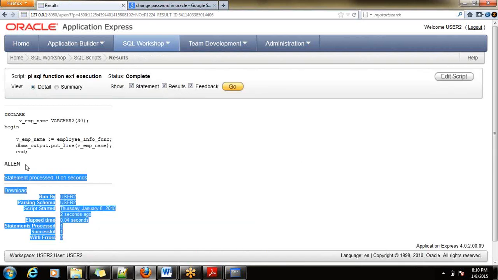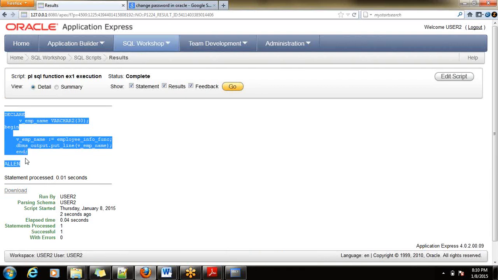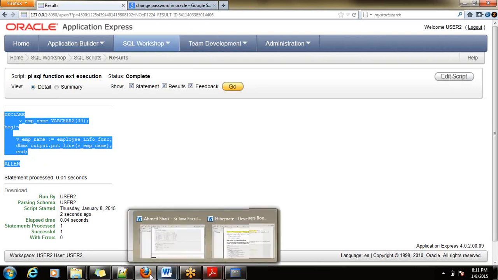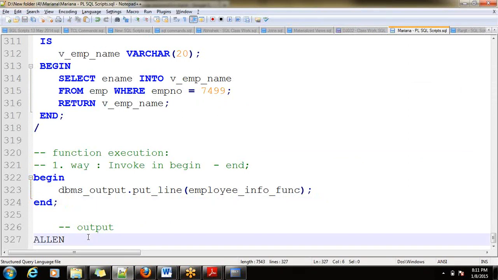Yes, look here, the output. The variable declaration is to be done in the declare section itself, not in the begin end. Yes, I'm copy pasting the output here, the second way of execution.